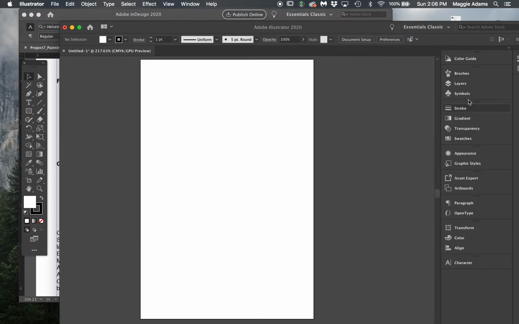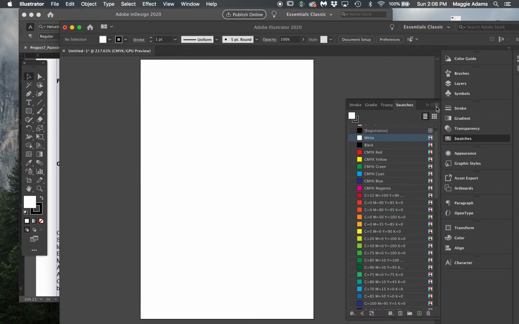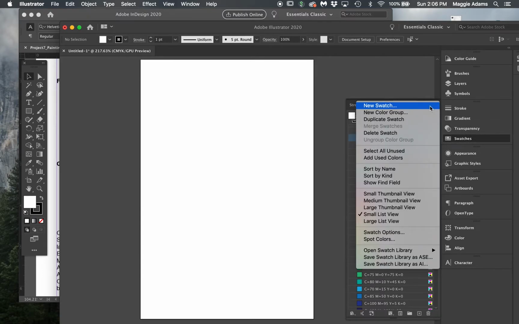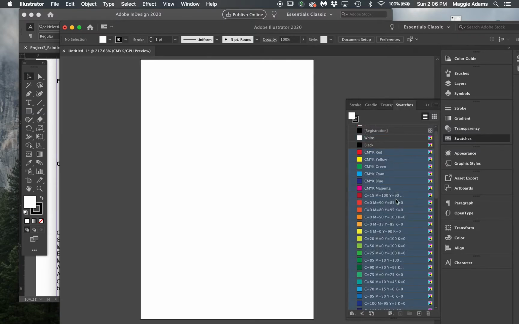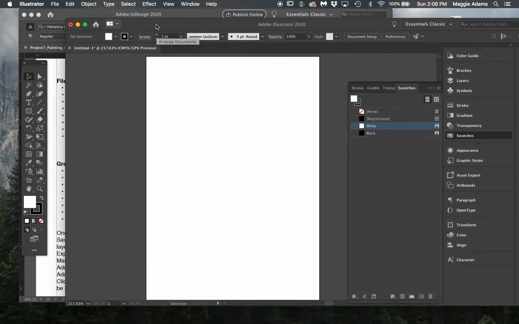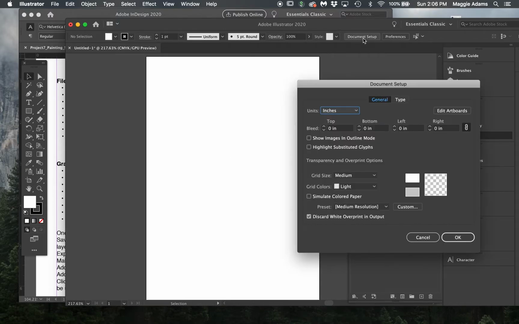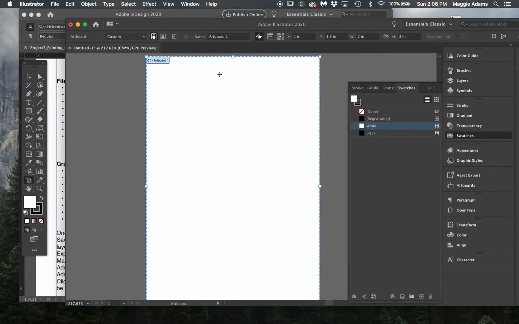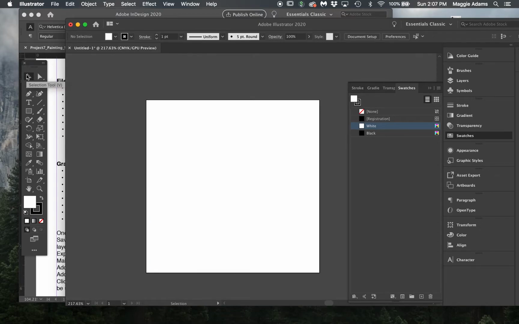Okay. Under your swatches, make sure you go to these top lines and delete all unused and put those colors in the trash. If you use those default colors, you're going to lose points. So you need to pick colors on purpose for your specific theme of your project. I do not want you using any kind of default colors. And again, if you want to change your artboard to be square, just change it to 2 by 2, and then you have a square document. I'm perfectly fine with that